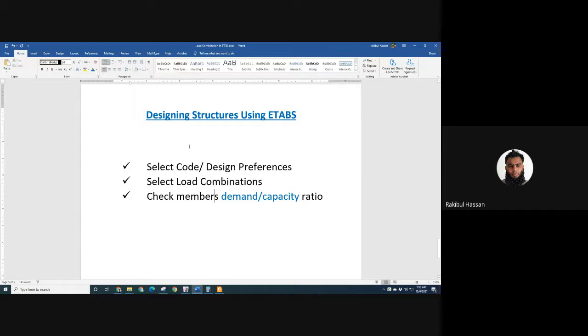So now in this video we want to talk about designing structures, buildings. It might be whatever the structure it is, frame, beam, using ETABS. ETABS দিয়ে আমরা কিভাবে এই বিল্ডিংটা ডিজাইন করতে পারি।